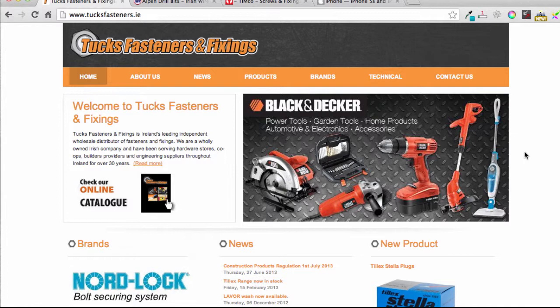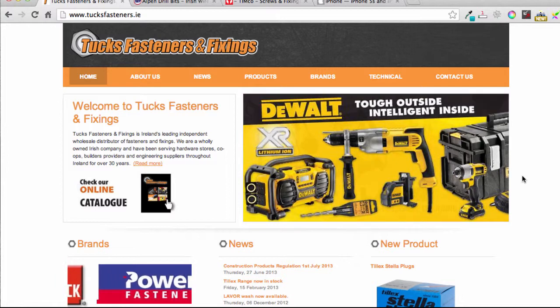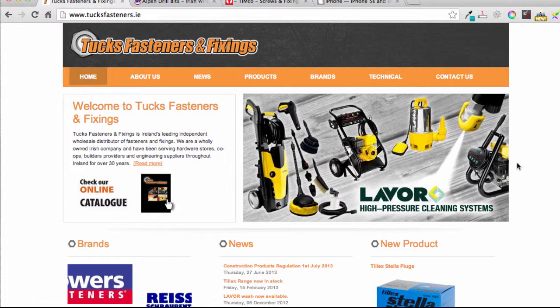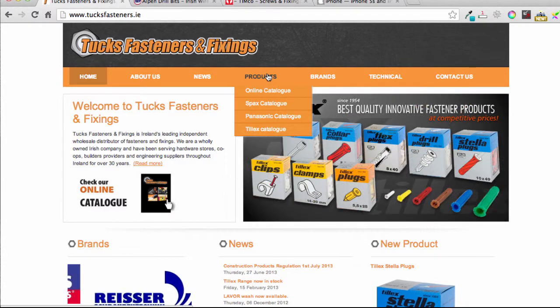Now, the first thing we have in front of us here is Tuck Fasteners and Fittings. Now, what do I like about this? It's a nice, clean design. Design could be better, but it's nice, clear design. I want to say professional, but it could be a little bit more professional. But still, it's a nice, professional, clean, clear design, and everything is laid out quite well. Now, I would have the products as main links instead of sublinks, but